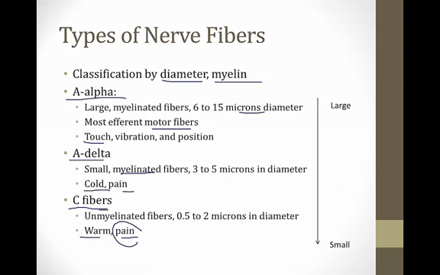Those C fibers are more blocked by the local anesthetic than the A alpha. Also, there are clinical neurologic techniques to study conduction through fibers, but they're more able to study the large fibers than the small ones. So some patients have what's called a small fiber neuropathy, which means they have problems with warmth or pain, and it's hard to test these because most of the testing techniques only look at the A